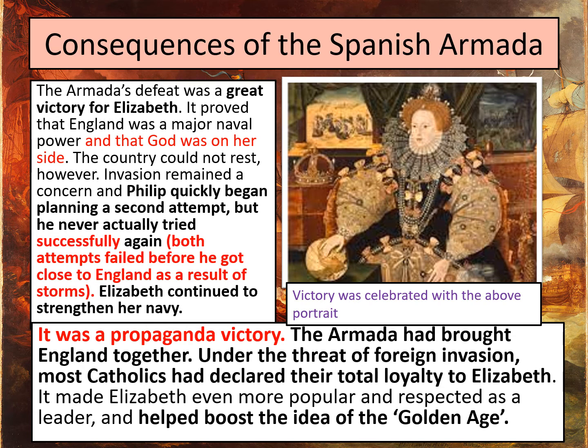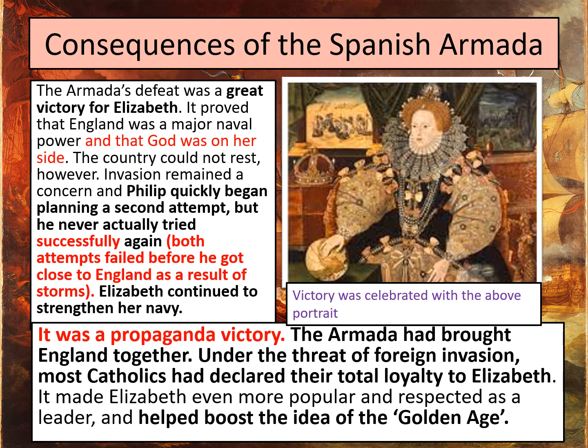There was a number of armadas in the 1590s that tried to attack England, and that relationship between Elizabeth and Philip was never restored. So Philip never got close really again, and Elizabeth continued to invest in her navy. England, being a naval nation, really was born out of this period. But more than it being something that led to the building up of the navy, it was for Elizabeth at the time a huge moment of prestige and pride.